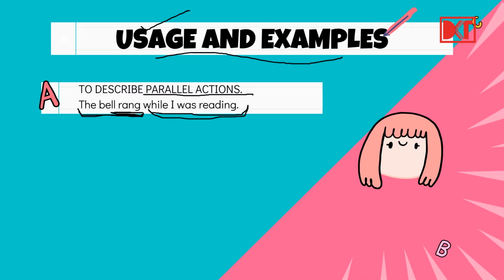Now reading was the interrupted action, which means I was reading, alright. I was reading and then a parallel action happened and interrupted it, and that parallel action is described in simple past. The bell rang. Okay. So the action which is interrupted is used in past continuous. Alright, now next